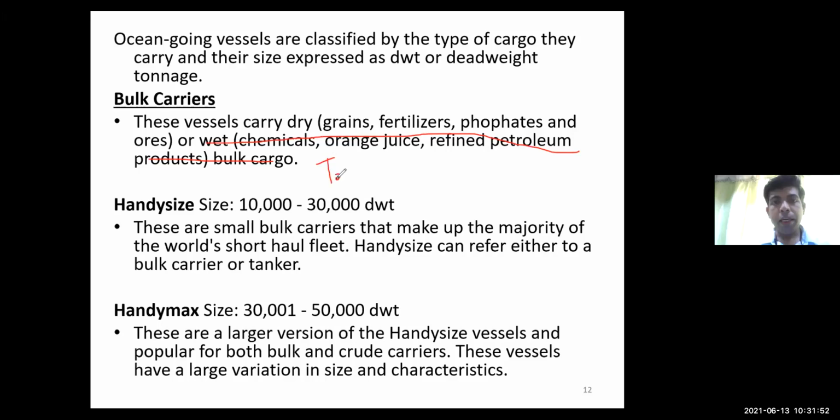Tankers. And for the chemical tankers, just for your more information, they are specially constructed vessels. A chemical tanker typically